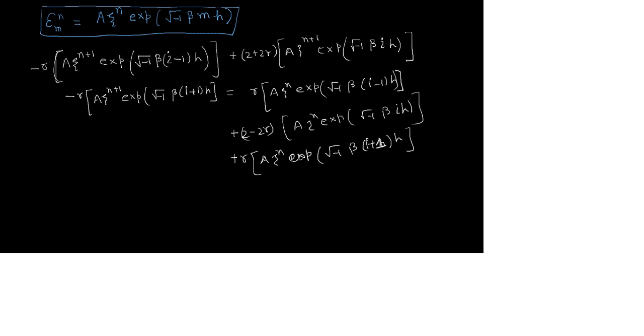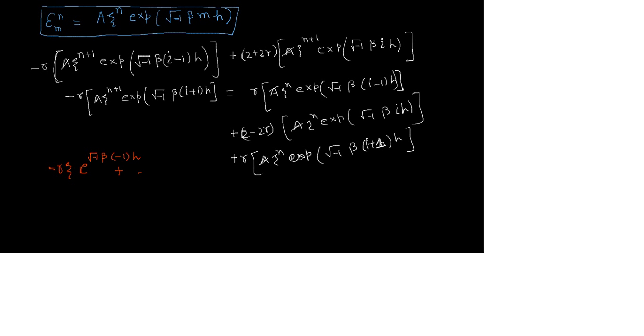So what happened is that a will be cancelled out, and ζ^n will be cancelled out from all terms. So here we are remaining with a. Let's write it in a different manner. We'll write minus r ζ exponential square root of minus 1 β. See, i minus 1 is there and i is there, i minus 1 is there, i plus 1 is there. So the i factor will cancel out. Here minus 1h will be remaining,